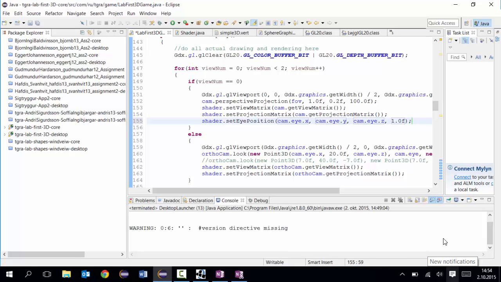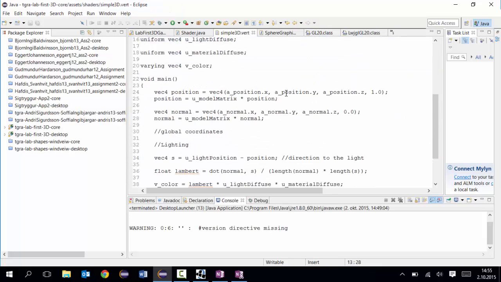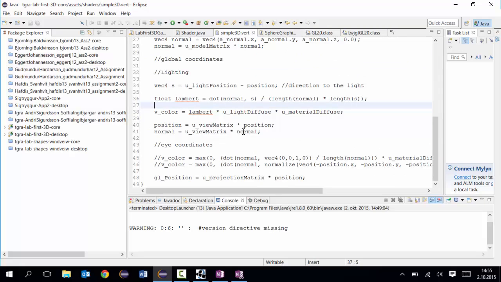Okay, so now we're doing this, and let's do the same for orthocam, because we don't want the highest intensity for the specularity to be in the same place on the sphere for both of the cameras. We want the cameras themselves to look like they're affecting how the light reflects off of it. So I think we have everything we need set up here except the actual calculations. So if we look at these calculations here,